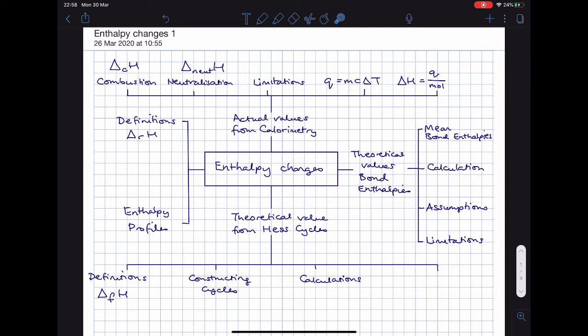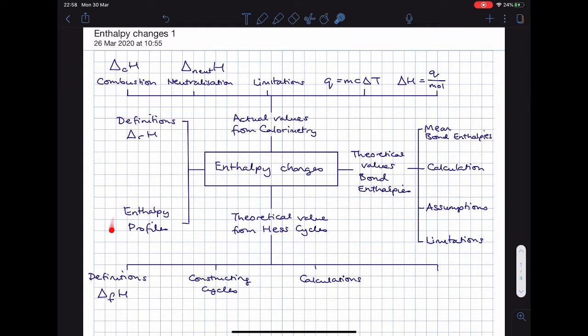So this is the first video for the topic enthalpy changes. It is quite a large topic and some people get these subtopics confused. So make sure you keep reviewing and keep track of where you are and don't get some of these ideas confused. So the first thing we're going to do today is look at some definitions for this topic, and we're